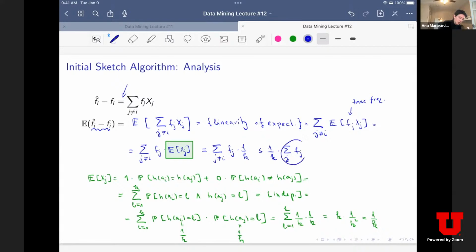And this number here, when we sum all the frequencies of our elements, the number we get is the number of elements in our stream, which is m. So this whole thing is smaller than m over k. One thing you are going to see in textbooks, in notes, and so on, is that instead of m, you might see